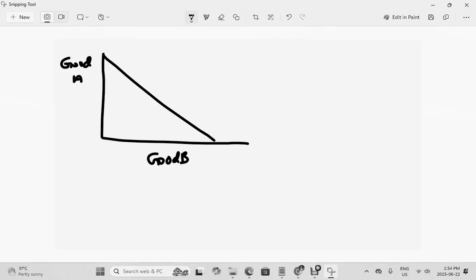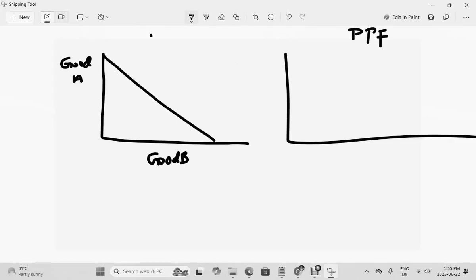Whereas a production possibilities frontier, let's assume this is the PPF, and this is your budget constraint line, BCL. Your production possibilities frontier looks somewhat like a curve, and the reason it looks like a curve is because of the law of diminishing returns. As you allocate more resources towards a certain good, let's say good B,